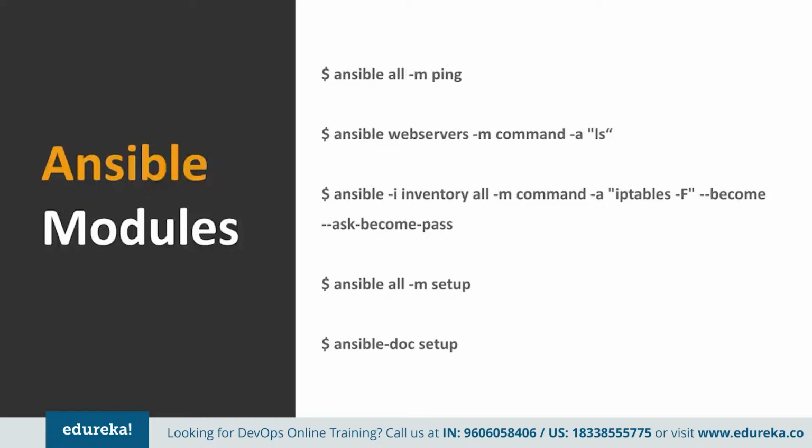Now if you want to use the modules from command line, you have to type in the command ansible all -m ping. Now, if you want to use the ping module to ping all the hosts defined in the inventory, then you have to type in the command ansible webservers -m command -a ls. So this will basically list all the modules present and then it will ping. Now, if you want to flush IP table rules on all the hosts in the inventory, then you have to type in the command ansible -i inventory all -m command -a iptables